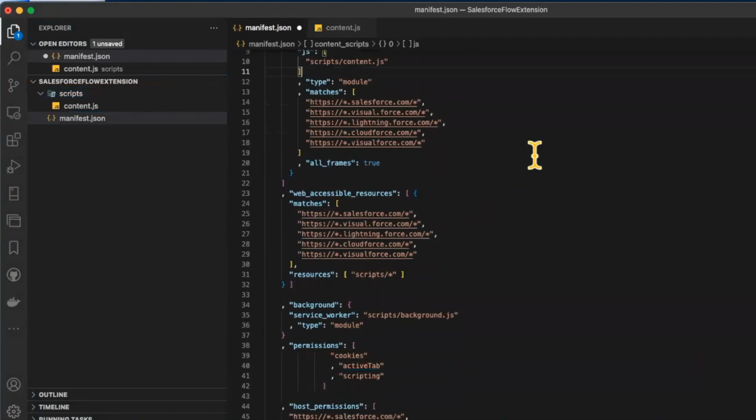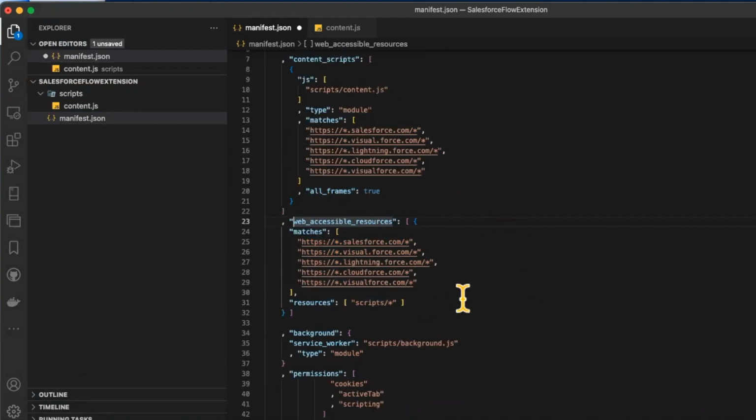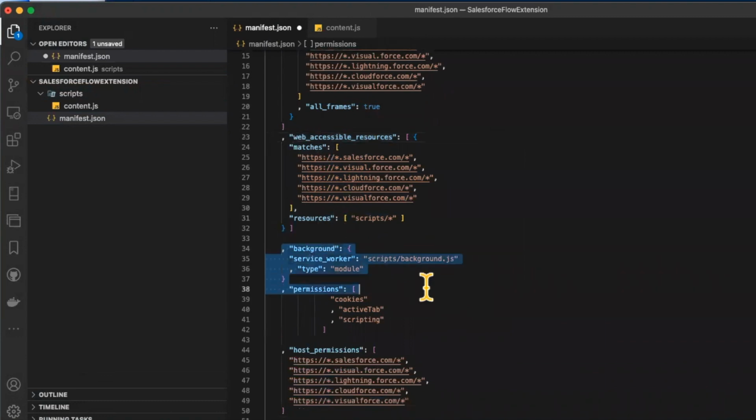The other item that's important is to expose the script folder as a web accessible resource. And lastly, the background script. The background script creates a service worker on the browser that will respond to multiple tabs. And I'm going to show later why this is necessary. So let me create the background